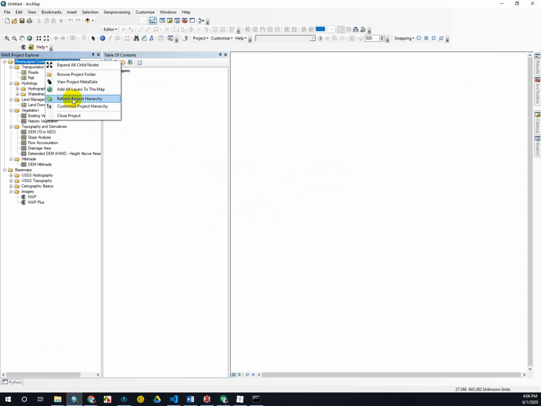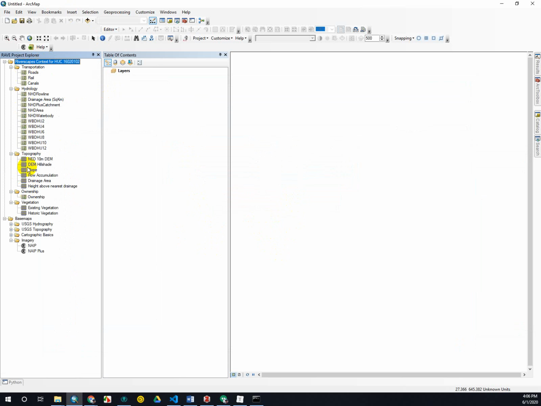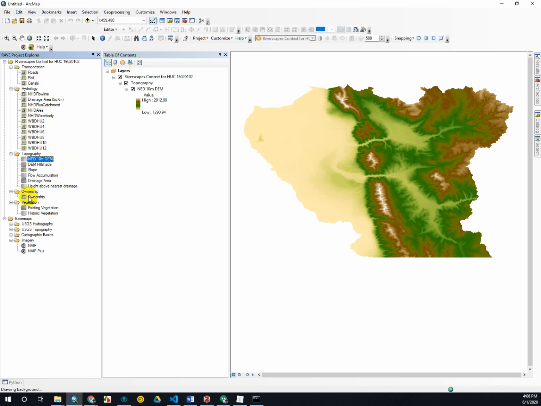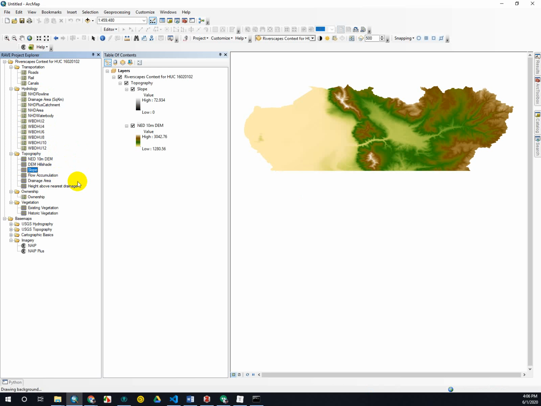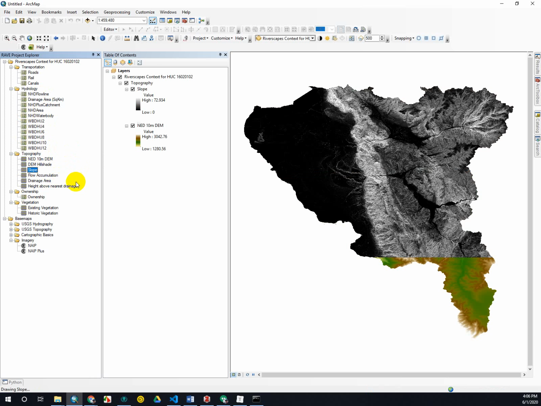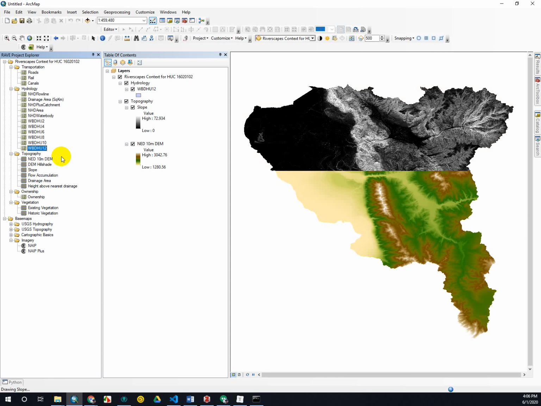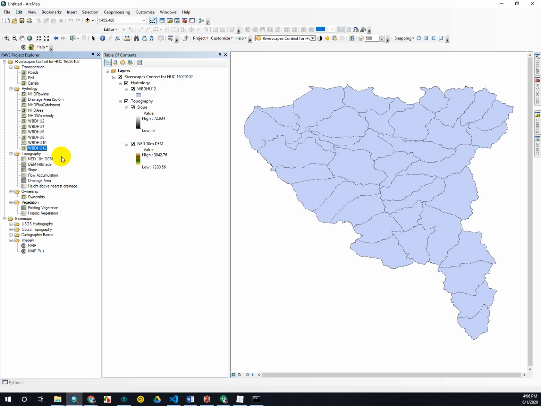And so if I hit refresh, notice how the tree is different. And I'm just going to show you that when I add some things to the map, some of them might come in with symbology, but others are not. So that was slope and height. And let's do one of the Huck boundaries. So those are Huck 12. Okay, so this is not working like we want, and I'm just going to rename this layer group